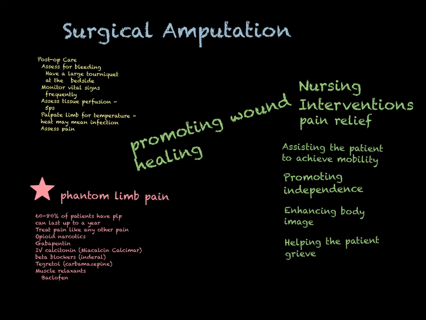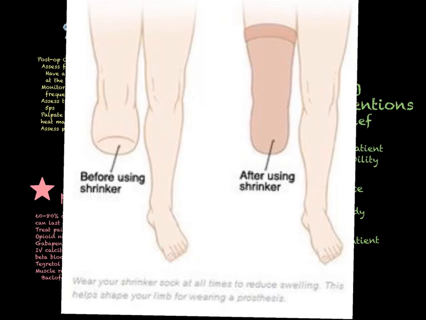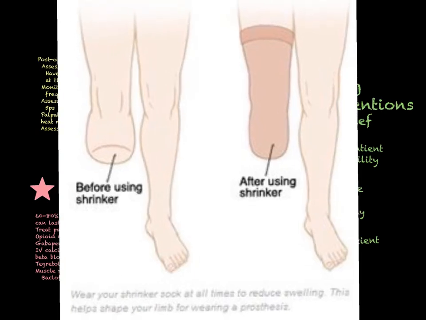Let me pause this and see if I can get you a picture of one. Okay, I found a picture of a patient wearing a shrinker sock on the residual limb. You can see in the picture that the residual limb is a little bit bulbous. It would be kind of hard to fit that into a prosthetic device. After using the shrinker, it gets a little bit more conical in shape. It's a little bit narrower, a little bit sleeker, and it should fit better into the socket of the prosthesis. So it's important for them to have good wound healing so they can even get to this point.